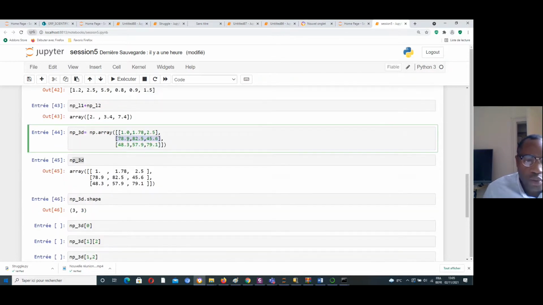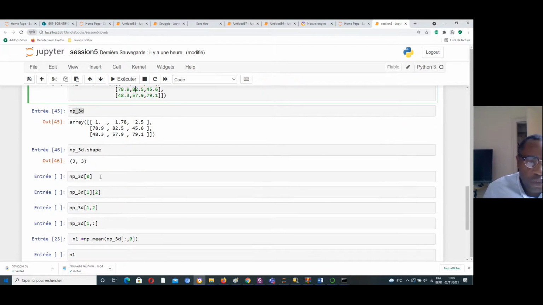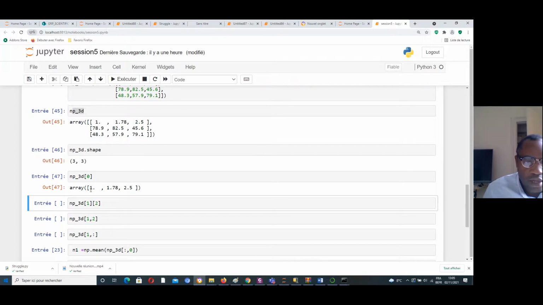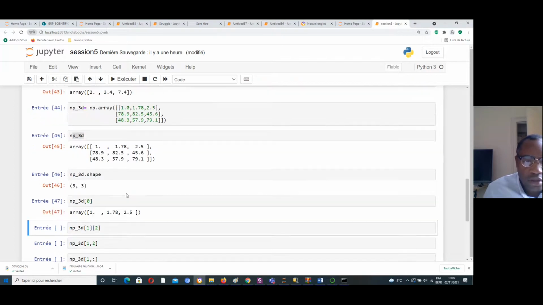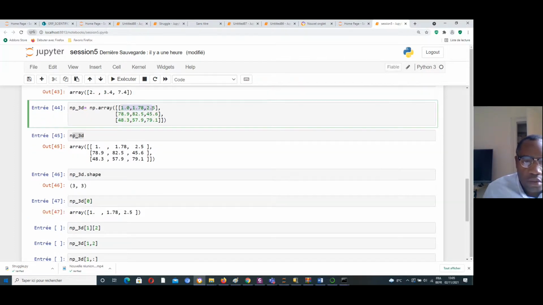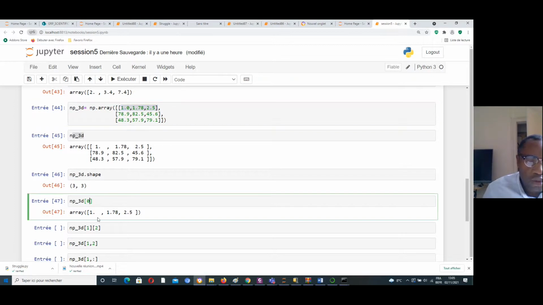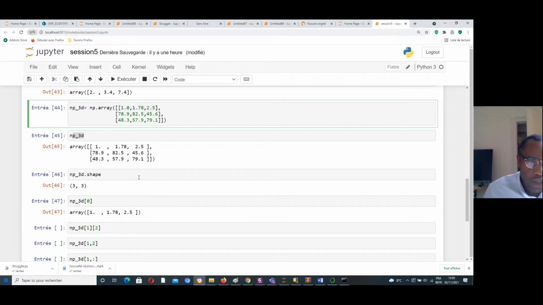To print the first element of this list, I use index 0. Let us run it. Here is the first element, and its index is 0. When I enter 0 in this list, I get just this first element.